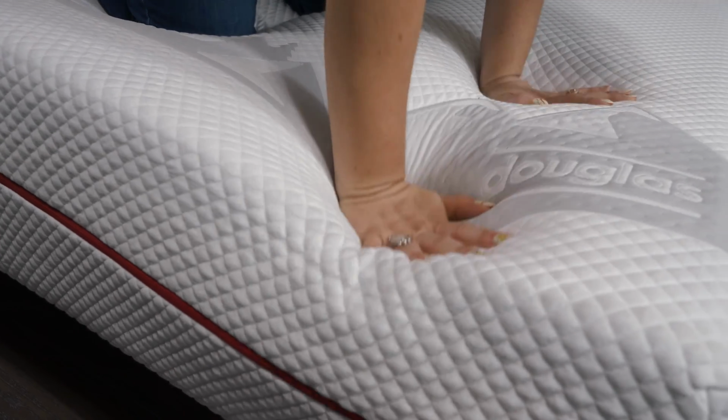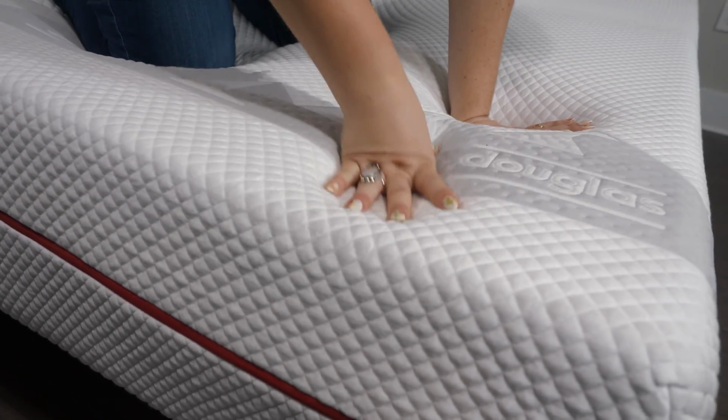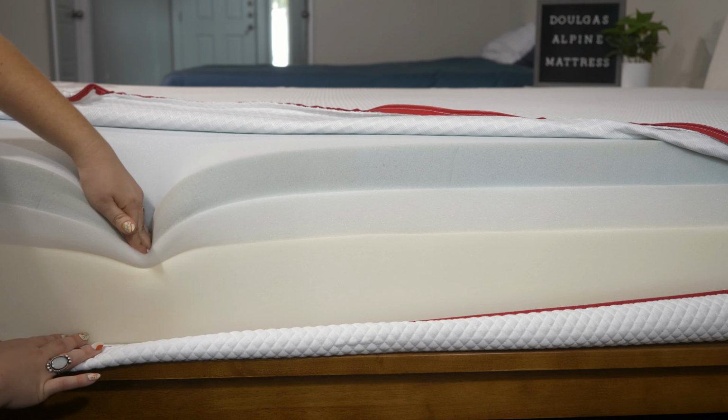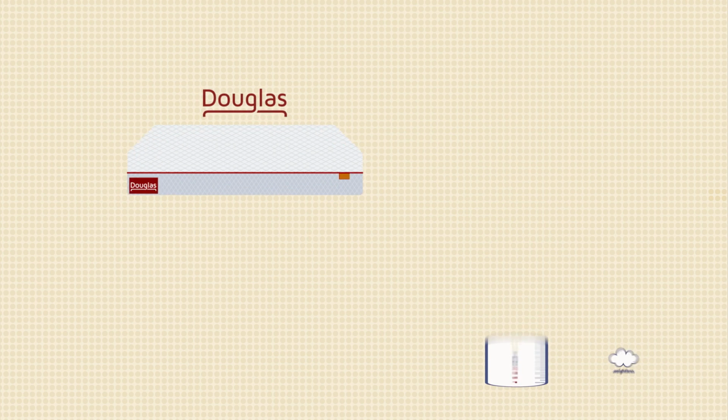Moving on to two of the most important features, firmness and feel. Let's start by talking about the firmness level. Here at Mattress Clarity, we have a firmness scale that goes from 1 to 10, with 6.5 indicating the industry standard for medium firm. The Douglas Alpine mattress feels slightly softer than the industry standard, coming in at 6 out